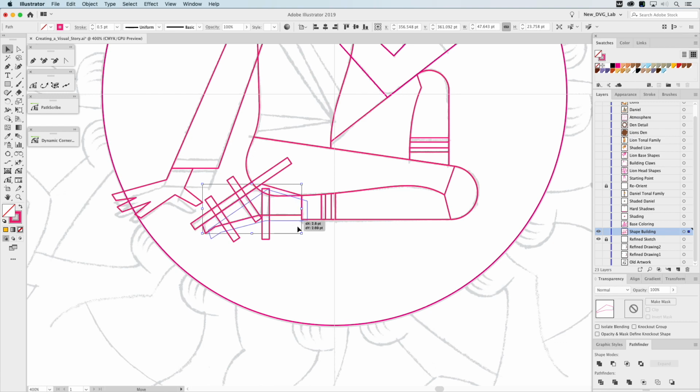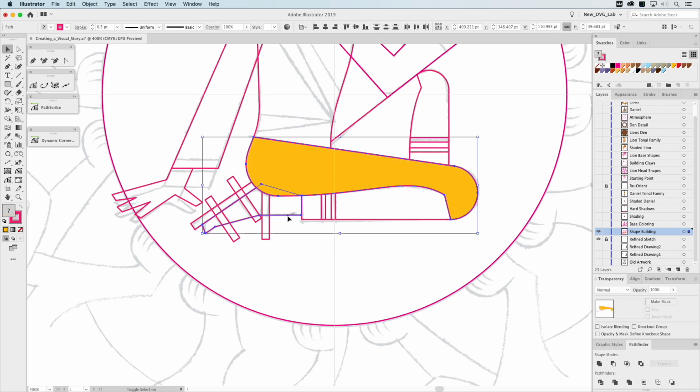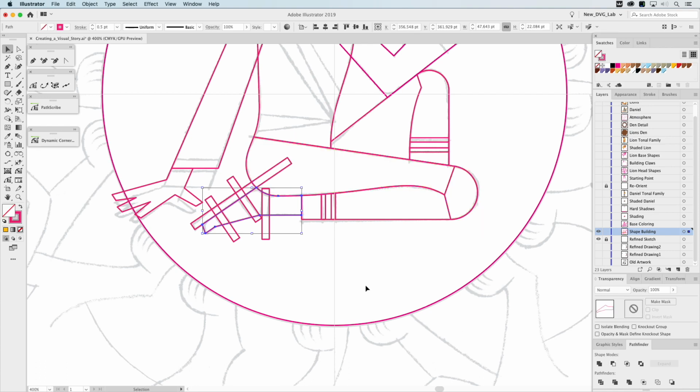But notice how it overlaps up here, because if I pull this out, it's just one anchor point at a time. Once again, no curves in it whatsoever. And I'm going to use the shape here for the back part of his leg and thigh. Command C, Command F, go ahead and fill it in so you can see it. And we're going to have that on top, select the foot shape, and we'll trim it, minus front, to get